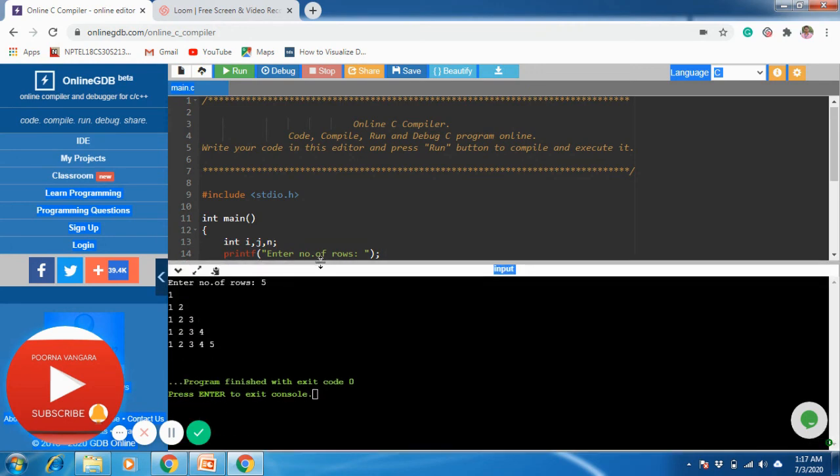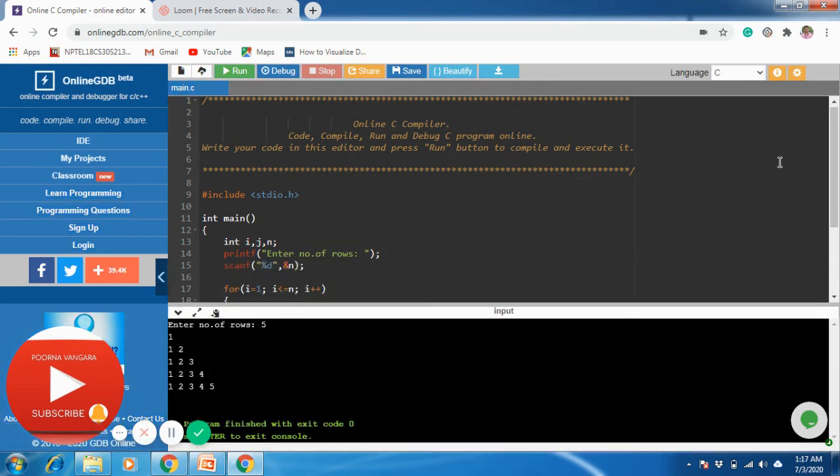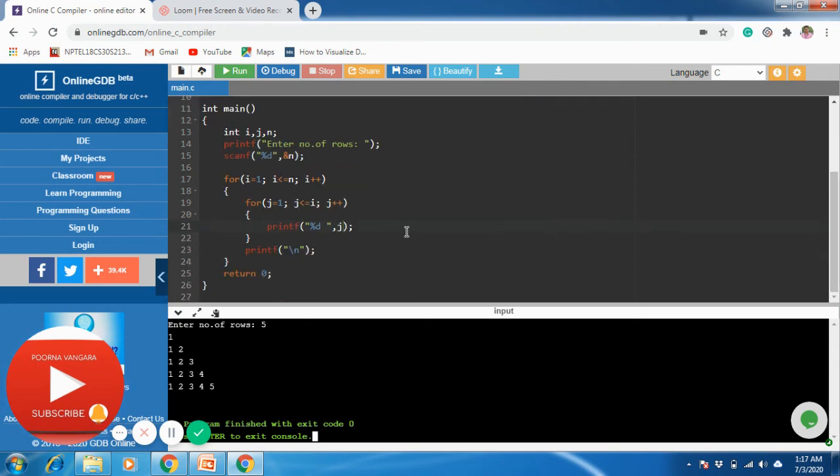So what you are going to print? 1 only. When you are in second line, then what is the J count? 1, 2. And what you are printing? The J itself. So 1 and 2. And when you are in third line, how many times is this internal loop rotating? 3 times. That means J is equal to 1, 2, 3. And what you are printing? The J itself. So 1, 2, 3.